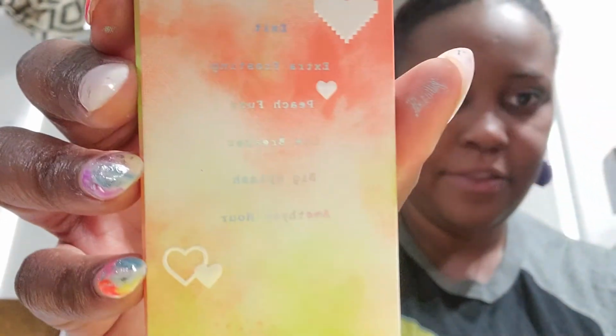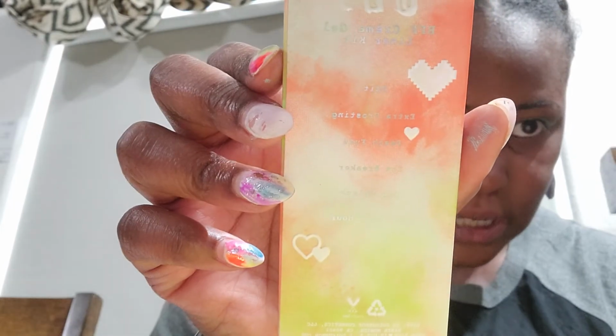These are the colors again. I really like them. I have never tried anything like this. I stick to black and dark blue, but these are so pretty. Just be careful if you order them. Know not to twist them up too much because they will break. And here are the colors that they are as well. I don't know if you can see it, but the colors are Exit, Extra Frosting, Peach Fuzz, Icebreaker, Big Splash,